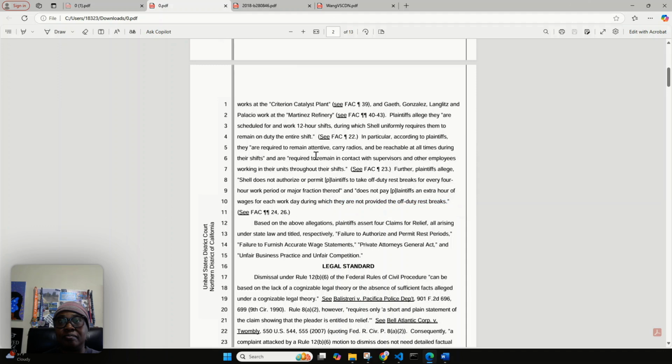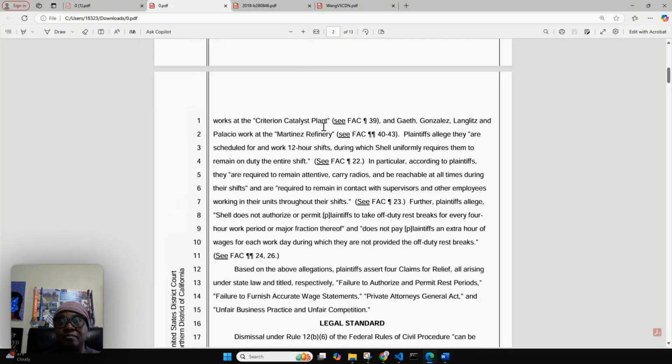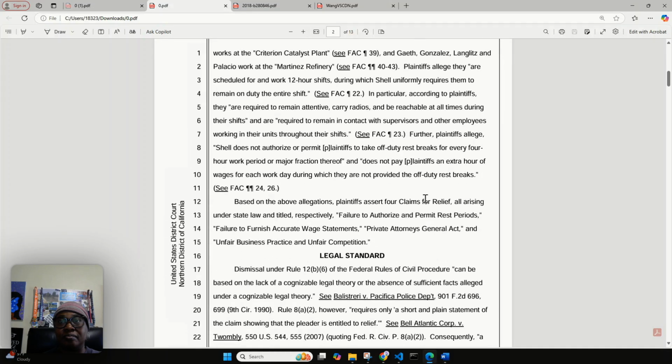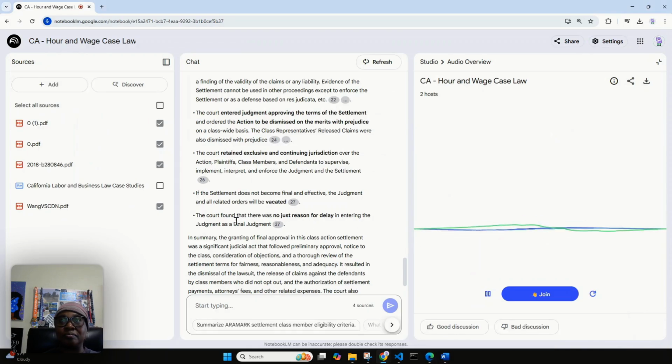That's right. So Shell tried to get the whole case thrown out early on. Oh, yeah, I think you mentioned that. They argued that their union agreements, those CBAs, should take precedence. Okay, the preemption thing. Precisely. They said federal labor law should override the state claims. But the court didn't agree. No, the court actually denied Shell's motion to dismiss. That's interesting. The court basically said that California's rest break rules are a minimum standard. So even a union deal can't go below that. That's the idea. The court felt these state protections still applied. Okay, that makes sense. And they also addressed the extra pay for missed breaks. What did they say about that? The court